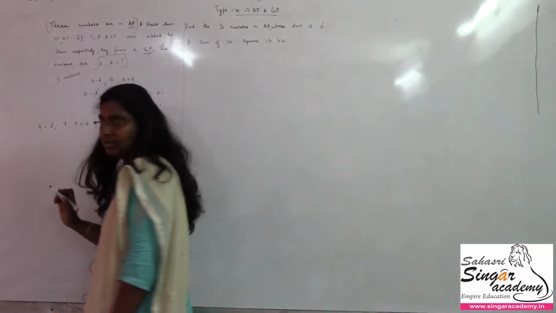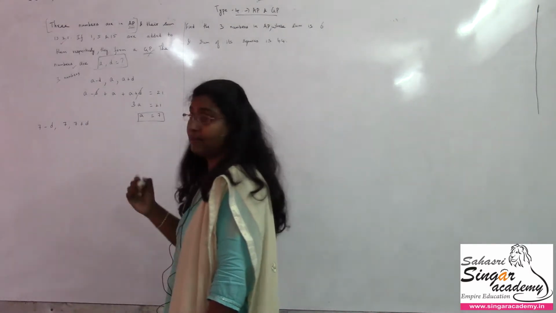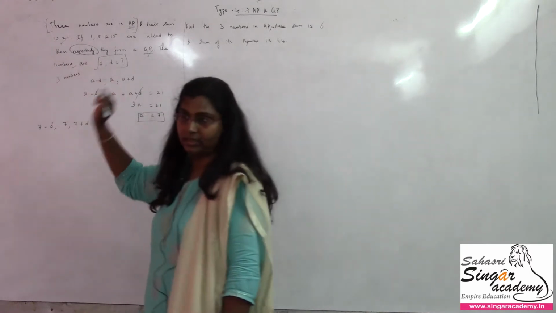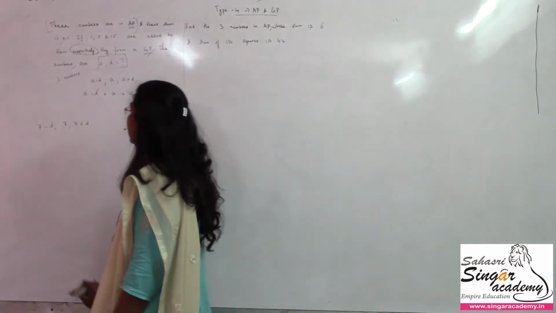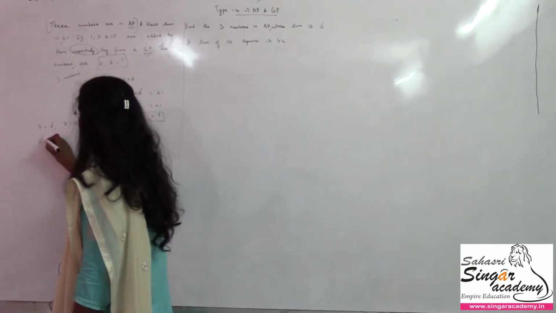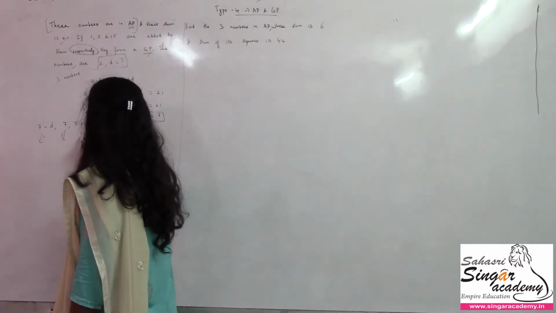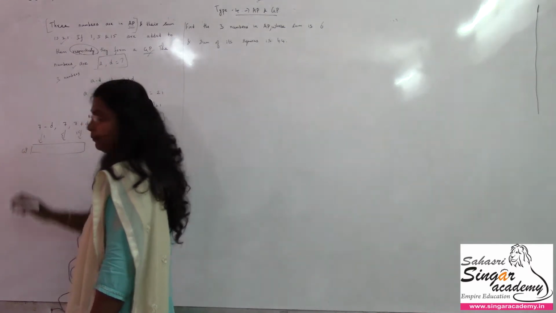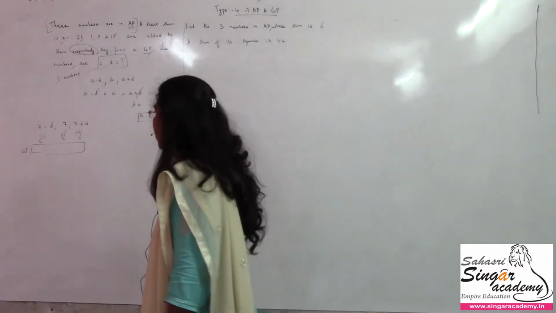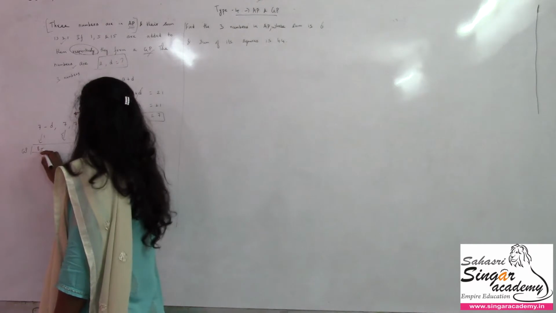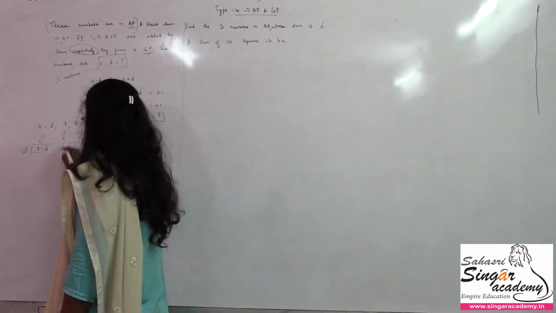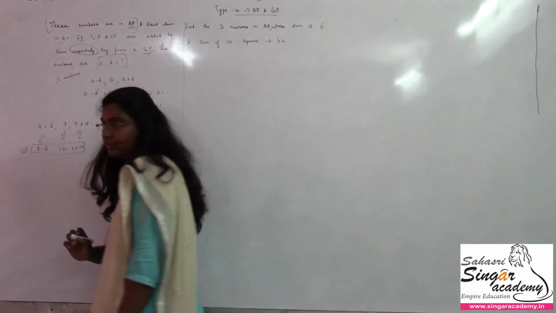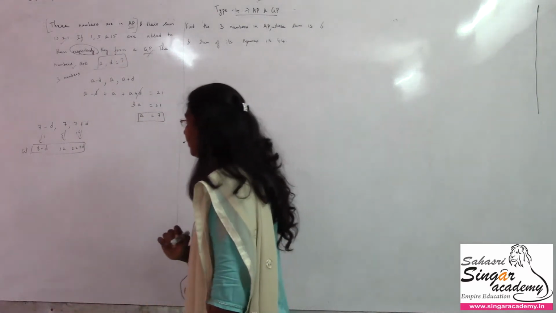To these 3 numbers, if I add 1, 5 and 15 respectively in order. The word respectively should not be missed, we should not add as we like, so it should maintain the order. So if I add 1 here, 5 here and 15 here, the sequence which I get will be in GP, he has said. So this will be 8 minus D, this will be 12, and this will be 22 plus D. So this is the link I have for the 3 numbers.